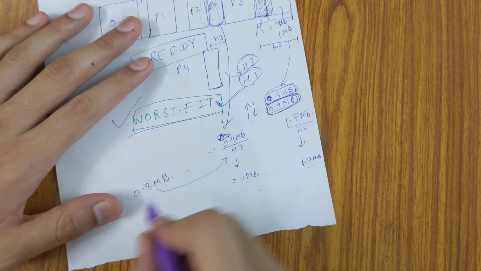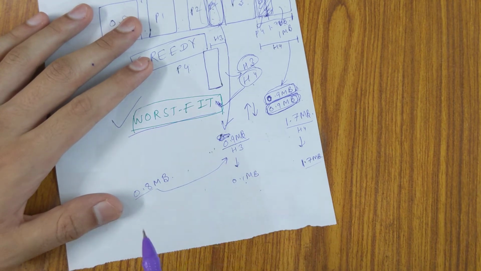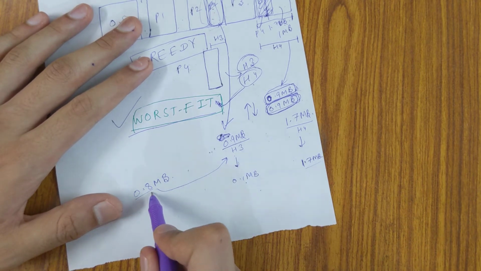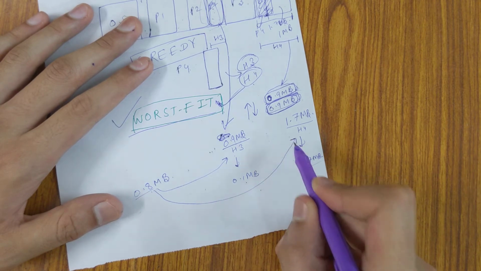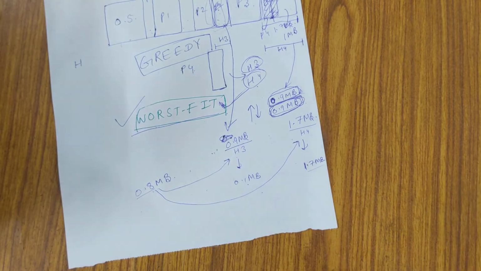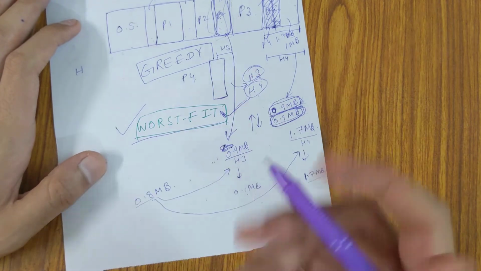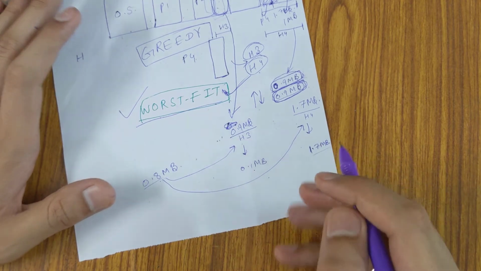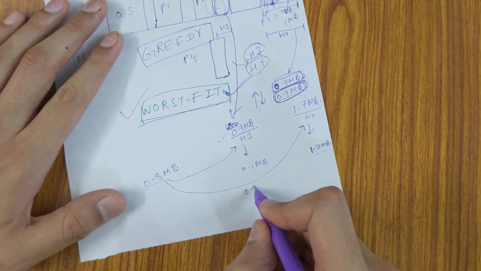When the 0.8 MB process arrived, instead of allocating it to H3, we could have allocated it to H4, that is the largest possible hole. This is what the worst fit algorithm states: allocate it to the largest possible hole. So then we have the 0.9 MB